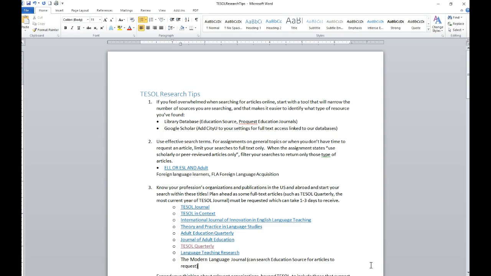Or if you want to use Google, start specifically with Google Scholar and add CityU to your settings so that when results come up that the library at CityU has full text access to, you'll see a little link there